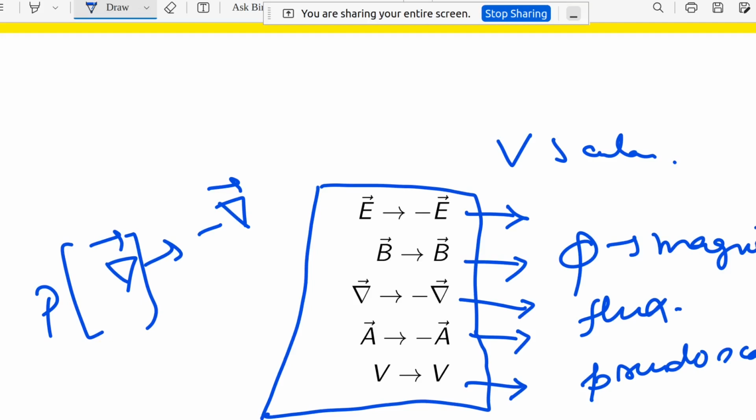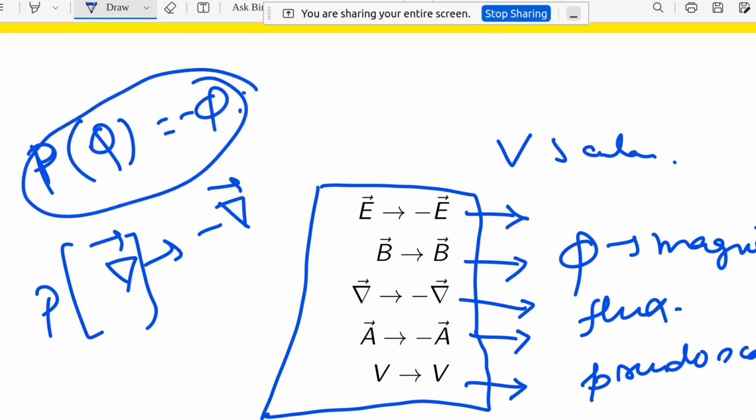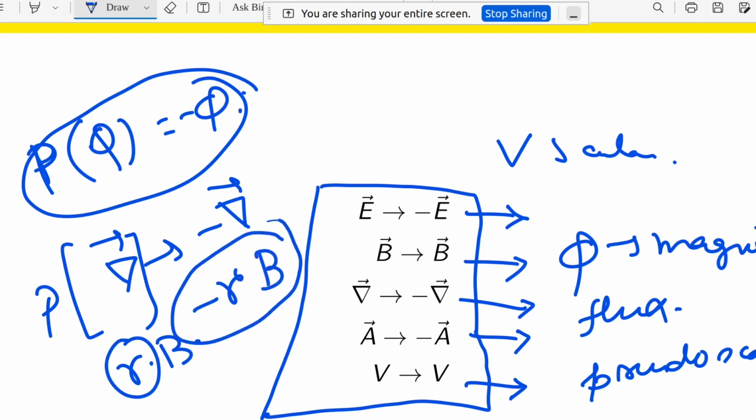So this pseudo scalar is odd under parity. This is the case because it is like R dot B, and under parity R becomes minus R, and B stays B, right? So if it is like minus R dot B, that means minus phi will come, but as a whole it is a dot product, that means it will behave as a scalar function. But as it is odd under parity, that's why we can say that it is a pseudo scalar. So this is the case.